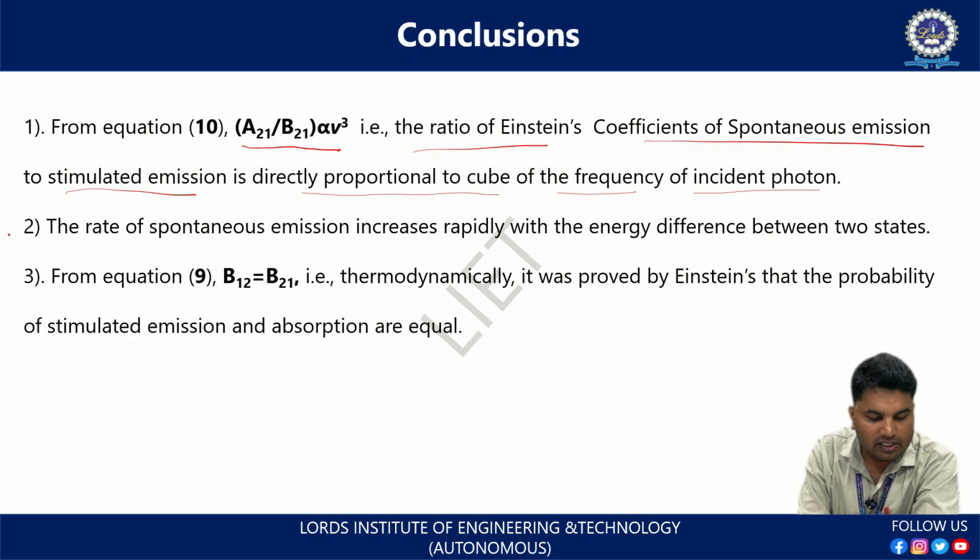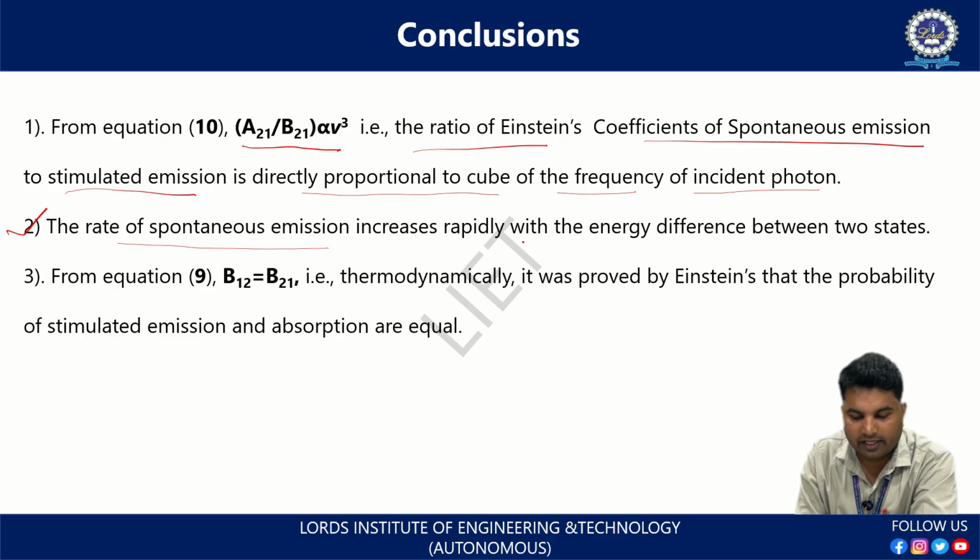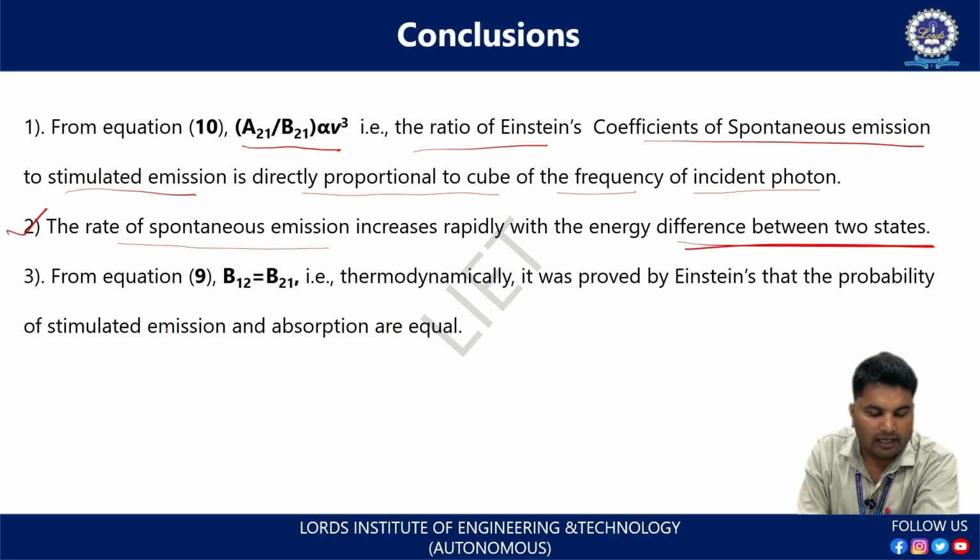Conclusion number 2 is the rate of spontaneous emission increases rapidly with the energy difference between two states. And conclusion number 3 states that from equation 9, we have derived B12 is equal to B21. That is,